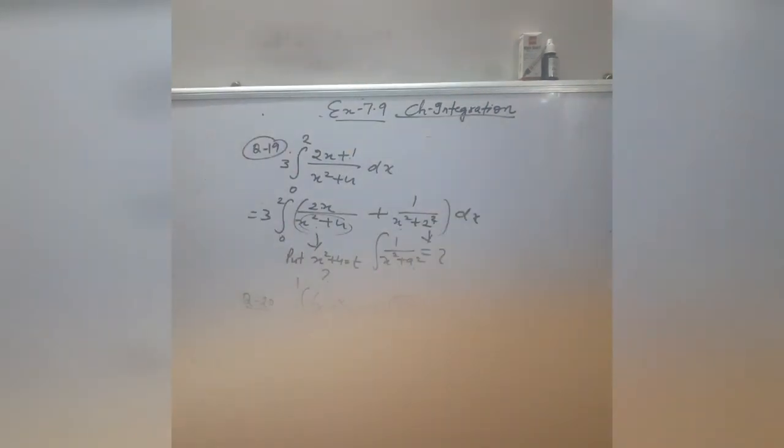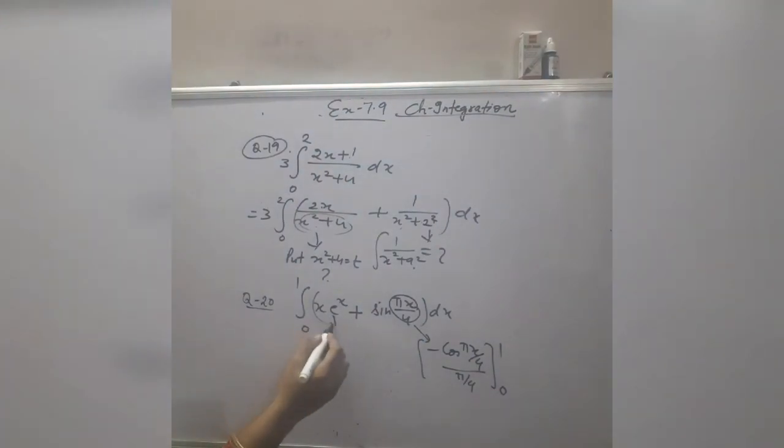Now I will explain the integration of this first part, x into e raised to power x. How will you find the integration of this part? In this case, two terms are given to you in product, so we will use integration by parts here. Integration by parts means the first term remains as it is, times the integration of the second part, minus the integration sign, derivative of the first, derivative of x is 1, into again the integration of e raised to power x, which will